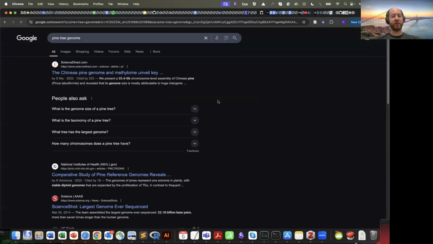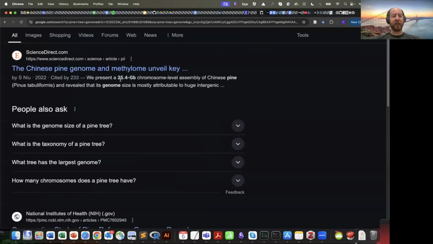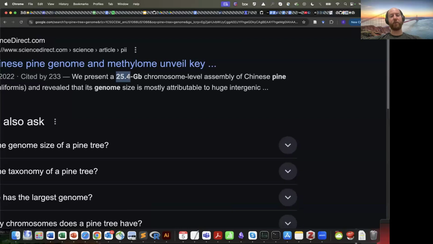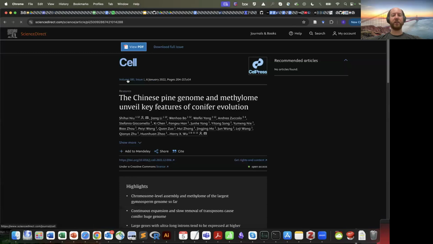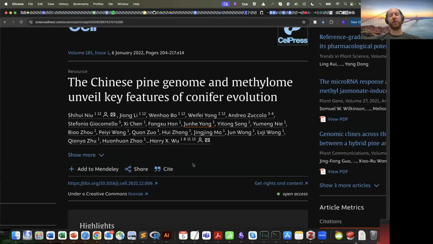If you look at the pine tree genome, it's essentially 25.4 gigabases, about 7 times bigger than the human genome. And you'll say, okay, how can the Chinese pine tree have such a huge genome? What is so complicated about the Chinese pine tree? And the answer is, it's not so much that the Chinese pine tree is that complicated, but rather it has lost